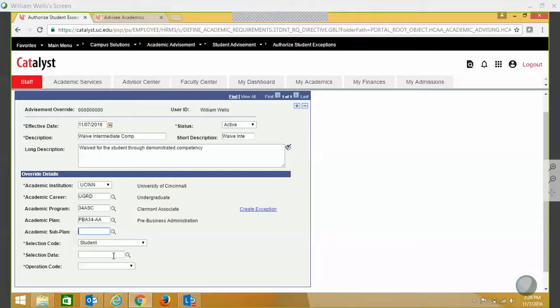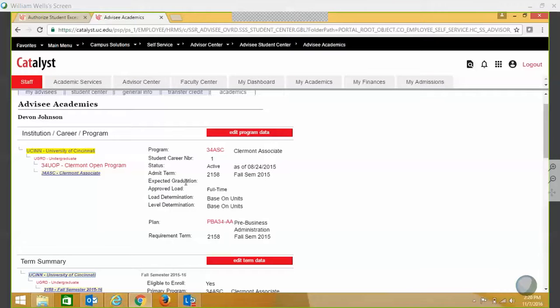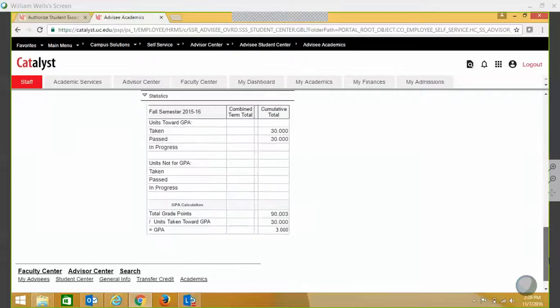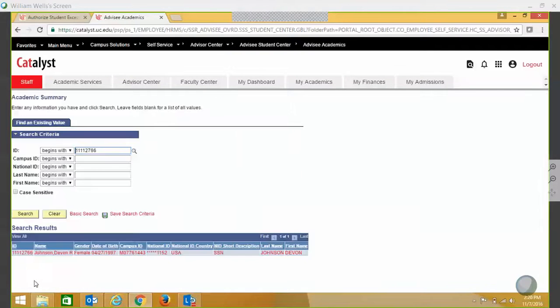In this case, we're only looking at a program that has a plan, and I can verify that again by looking at the academic program data that's held on this academics tab within the Advisor Center. If there was a subplan, I would see a subplan listed here, sort of just below plan, but that is not the case. So the next thing that I need is the student's EMPL ID,